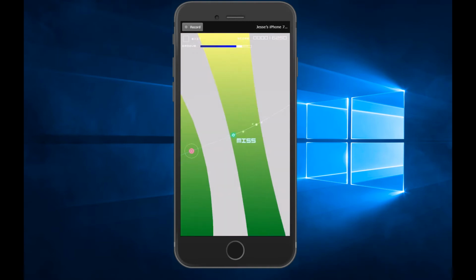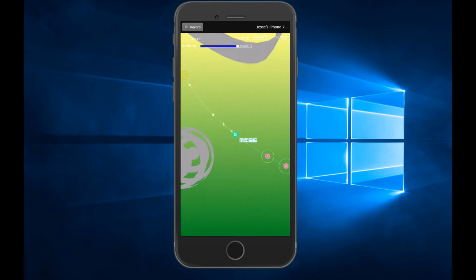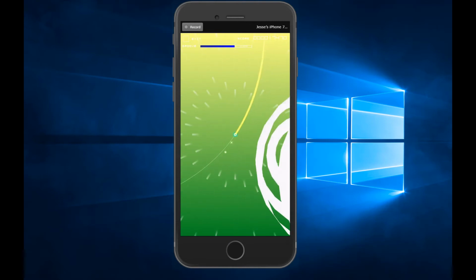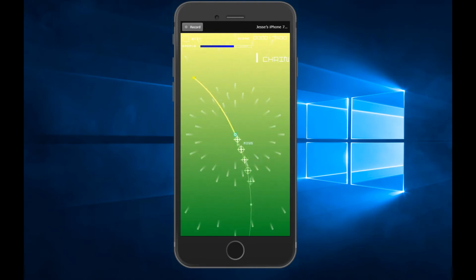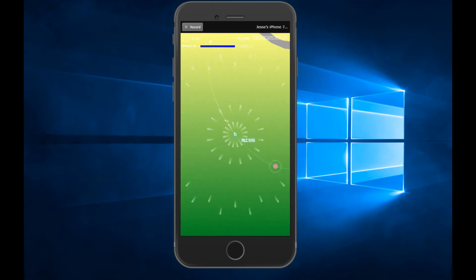I literally can't... And it keeps changing direction and...